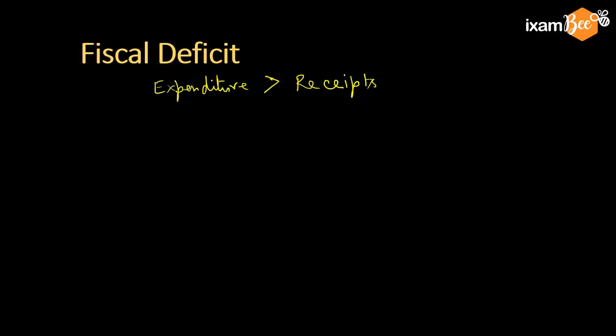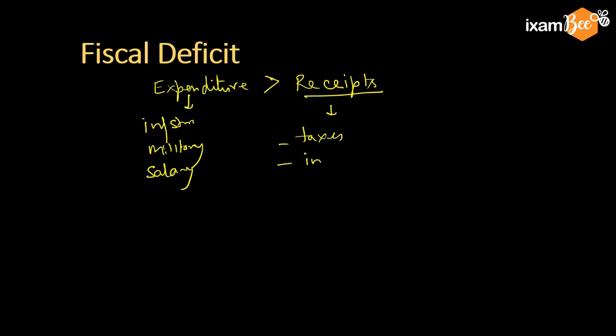So you will say then how will the government spend if it is not able to receive that much money? Government spends on infrastructure, on military, you have to buy defense equipment, pay salaries of government employees. So there are various expenditures, then other planned expenditure on various government schemes. Receipts for government are like taxes, income from say dividends in government companies, like government is holding stocks of various companies, so from there also some income comes. These are the income. When the expenditure is more than these receipts, the situation is of fiscal deficit.